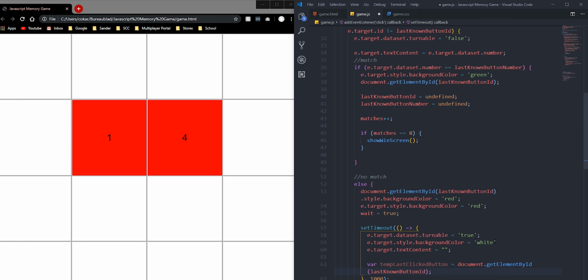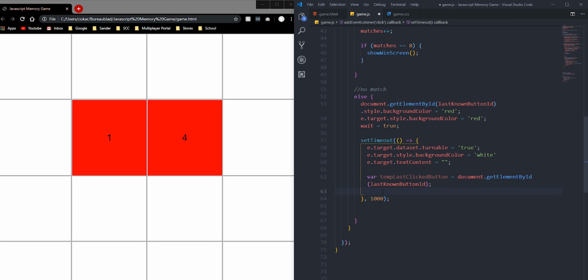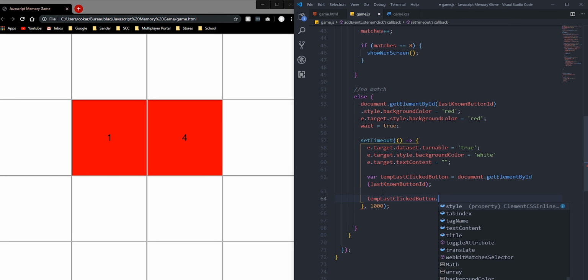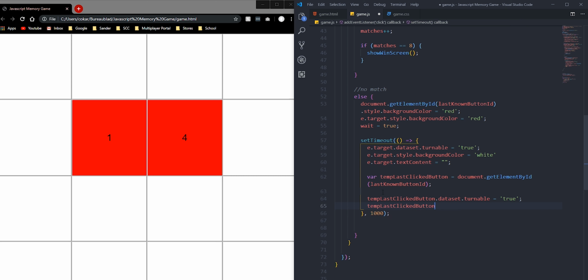And that's that. The reason I do this is so that I don't have to do the document.getElementById every single time. Now I can just store it in a variable and be done with it. So that is that one, and then we want to say the temporary last click button dot. We're going to do the same thing here. So dataset.turnable equals true. And again here, .style.backgroundColor equals white,